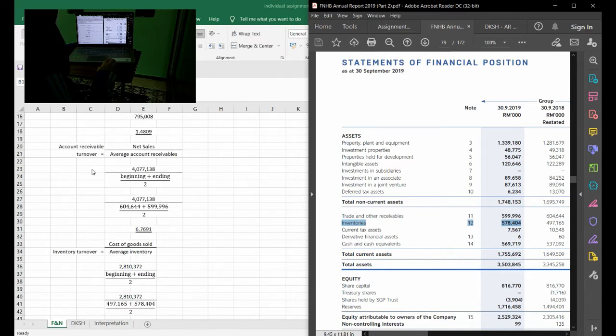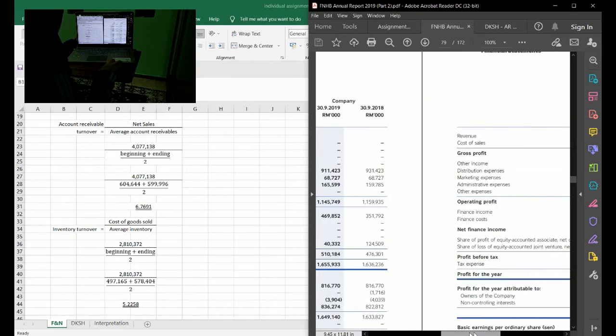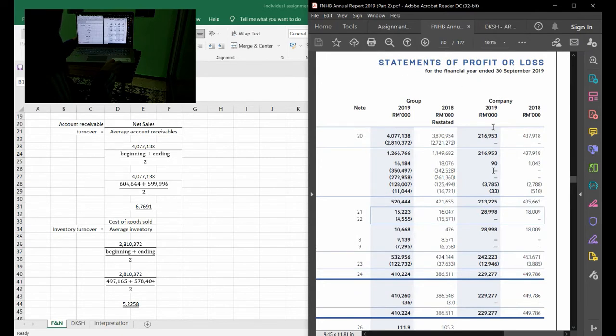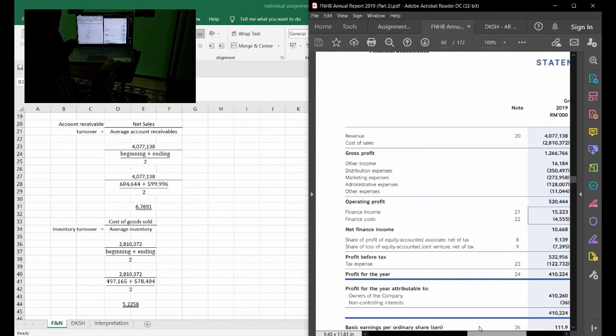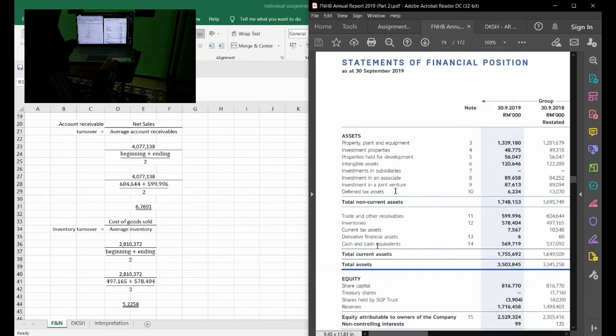Moving on is account receivable turnover, where the formula is net sales divided by average account receivables. Net sales I took from the statements of profit or loss. Net sales has the same meaning as revenue, and the figure is 4,077,138. And the average account receivables is from the statements of financial position. It has the same meaning as the trade and other receivables,